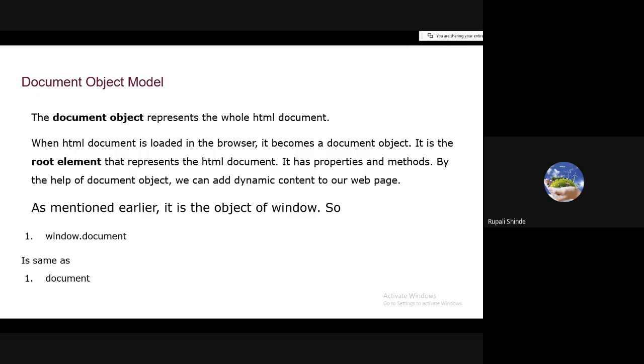So here it is the same as document. Are you getting it? Because document is the object of window, how are we going to access the object? In the previous language, we used class name dot object name. And if you directly want to access the properties and methods, then we write object name dot property or method. Same here, window dot document. That is nothing but document, the object of window, and it is the same as document.